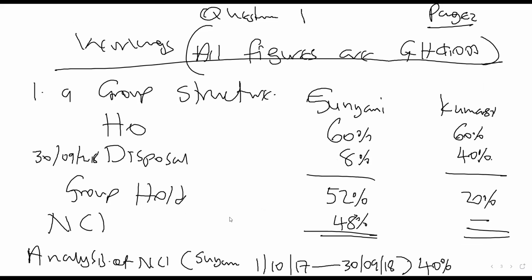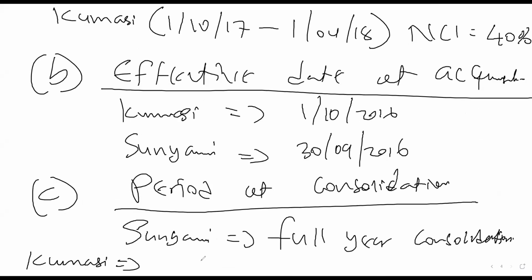And once control is lost, we cannot consolidate. But we can consolidate before. Don't forget, it was 6 months with us. So here, since it was disposed of, you tell the examiner that, examiner, I'll do